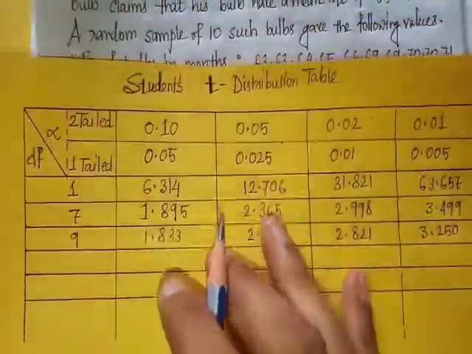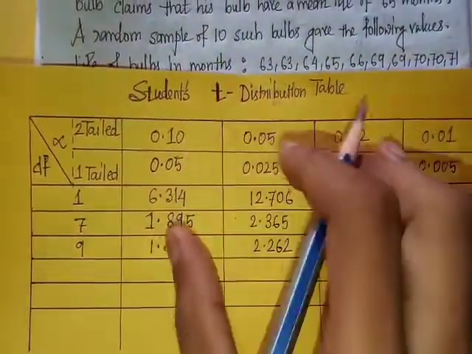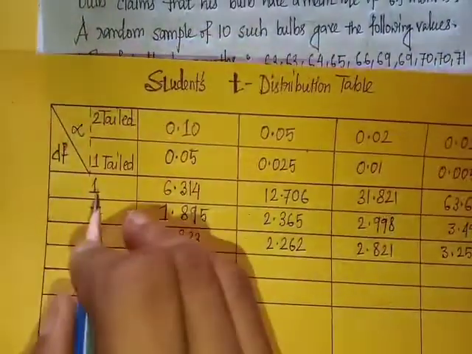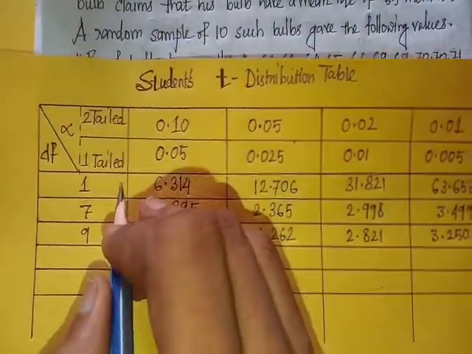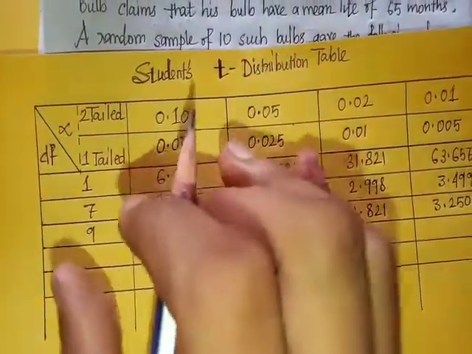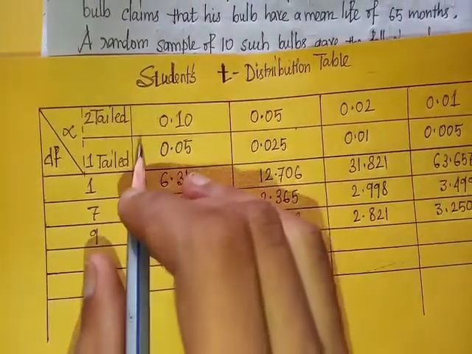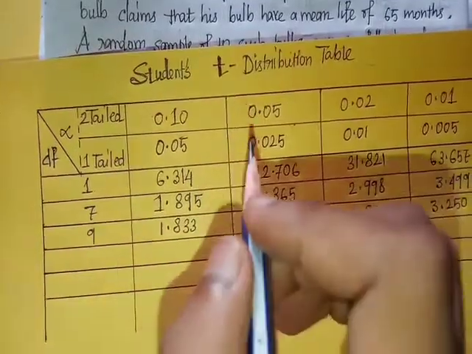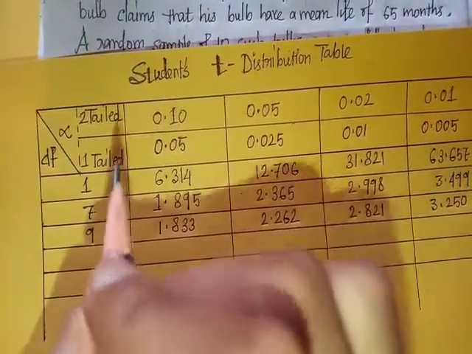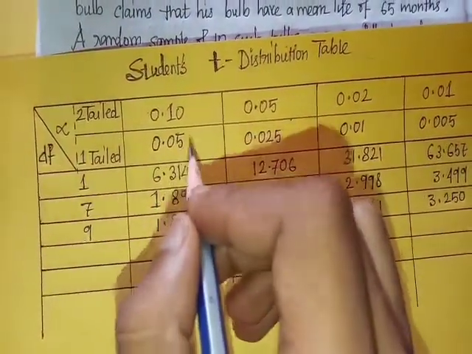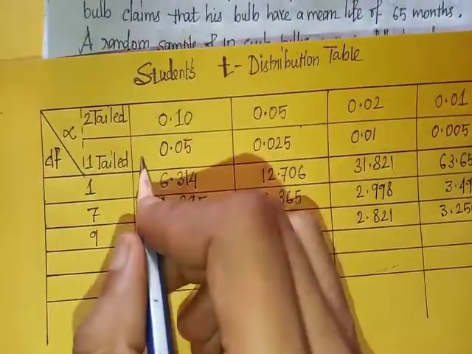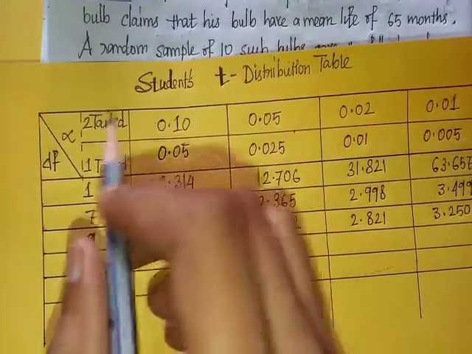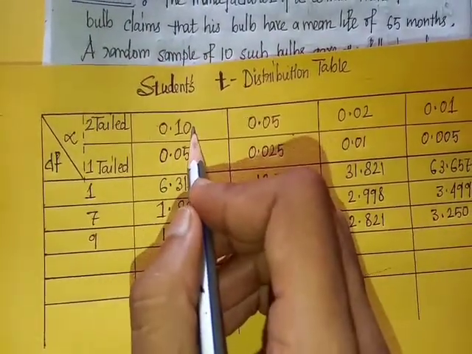Please look at this. This is the student T distribution table. For 1 degree of freedom, the value of T for a 2 tail test at 10% level of significance is equal to the value of T for a 1 tail test at 5% level of significance. For the 2 tail test, 10% level of significance,